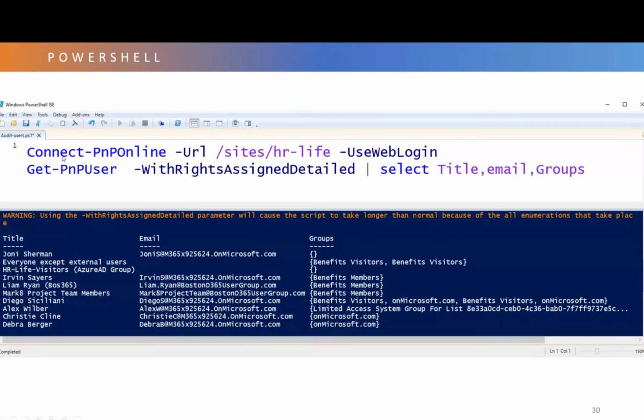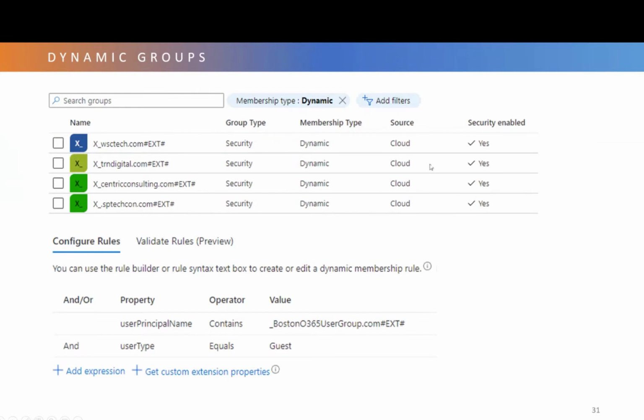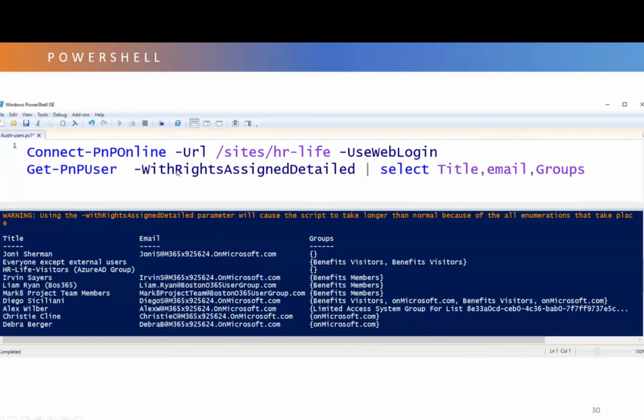PnP PowerShell is really good. You can connect to PnP PowerShell, put your full URL in. I just did the short URL here. And this is the easiest command, where you can just, oops, where'd it go? Just Get-PnPSiteGroup with rights assign details. And then you can run it against your site and quickly see who's in what group. So I first started just doing this before I found the API command. I could just run this command, copy, paste it, and mail it to a site owner so they can see who's in their site. So there's the PowerShell.